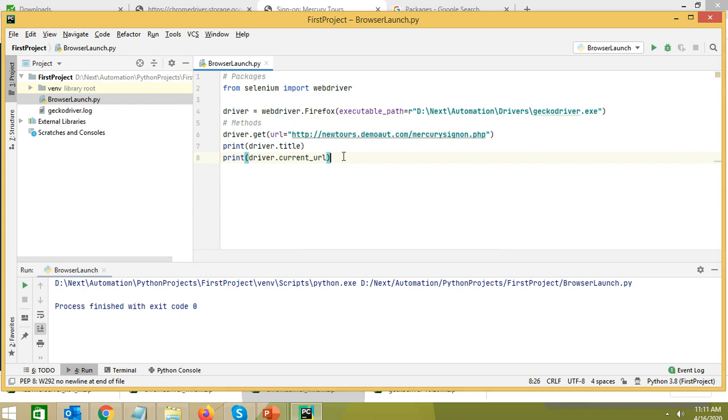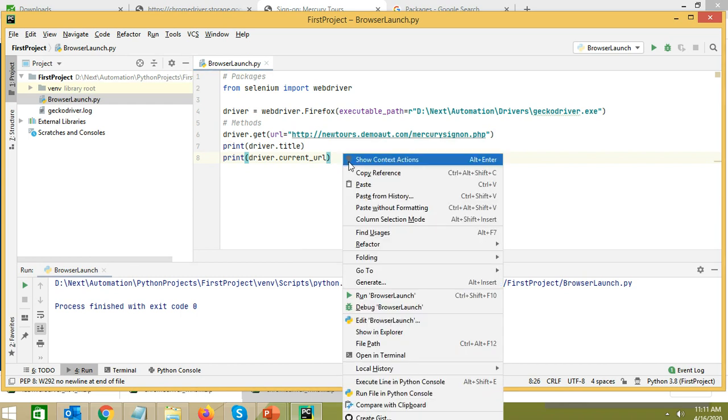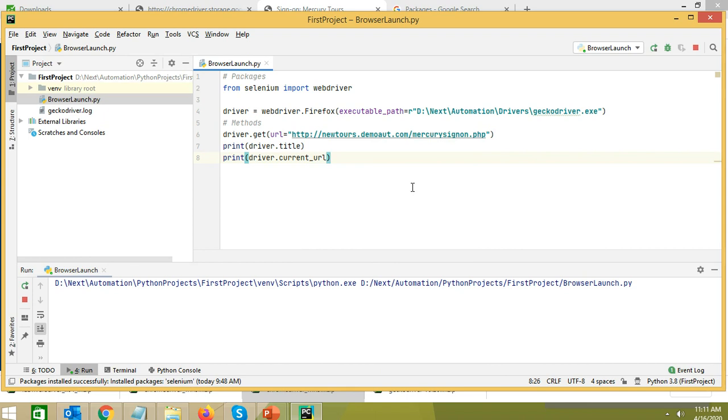Okay, and save, execute the test again. Okay, from Firefox, it is taking some time.